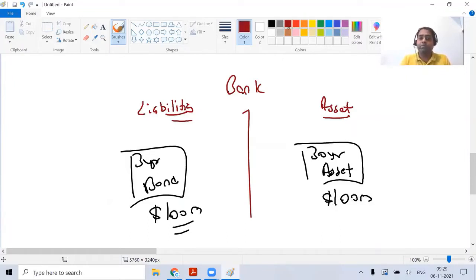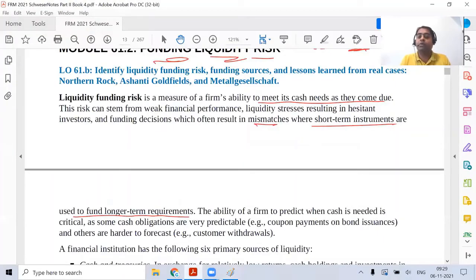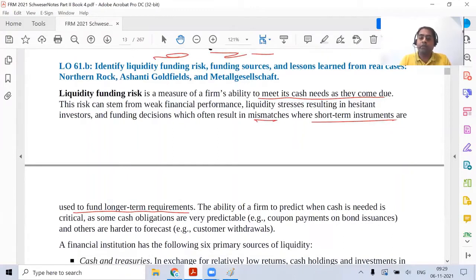Primarily, after 3 years you have to pay back your liability, but you don't have the asset to exactly offset that liability. Generally, banks prefer that the liability will be rolled on. That means I will issue a new bond for 3 more years and pay back the original bondholder, or I will restructure the bond for 3 more years. That was the basic understanding of the bank. But if there is a liquidity crisis, you might not be in a situation to roll over or issue a new bond in the market.